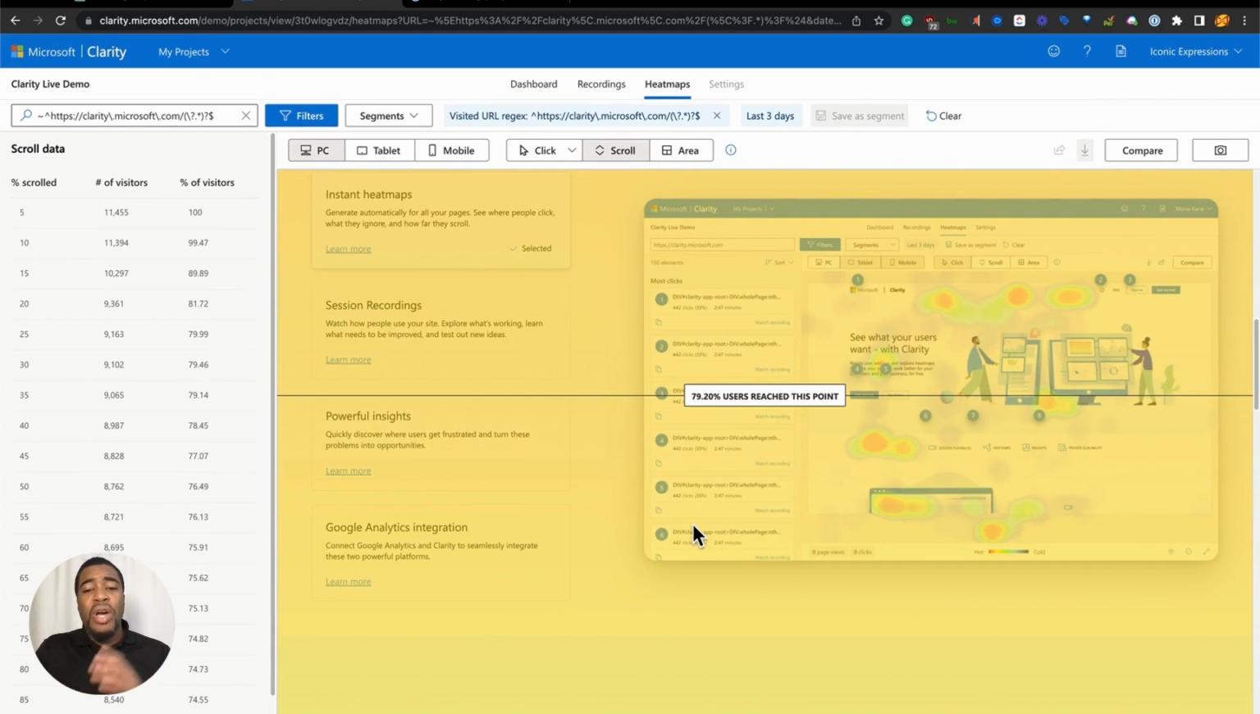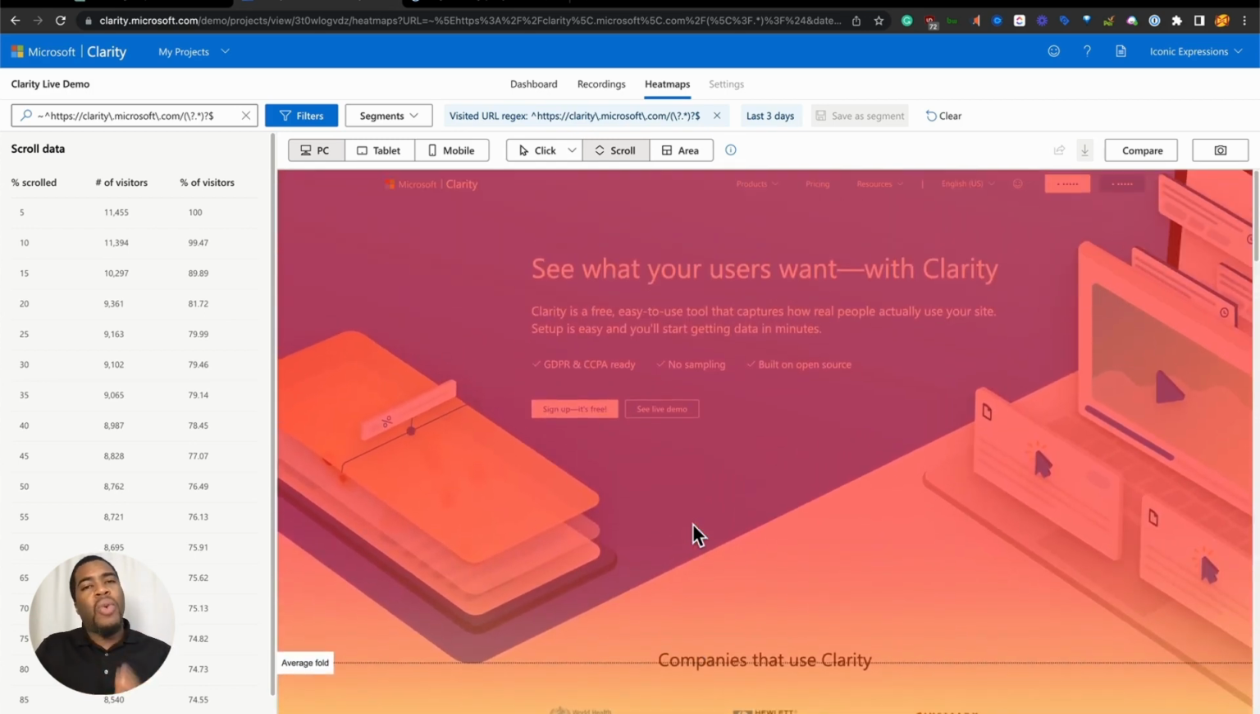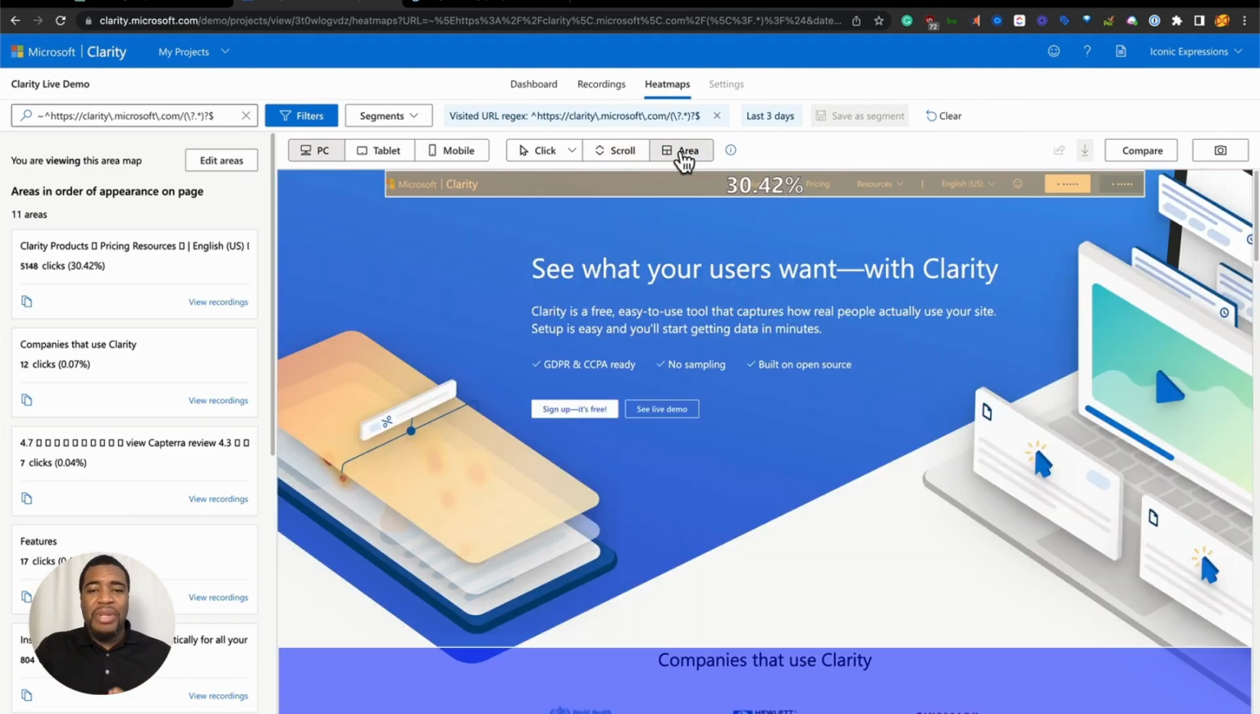That lets you know there could be some room for improvement. I can make some changes based on the fact that people aren't scrolling down. Why aren't people scrolling further? Are we not leading them down the path that makes the most logical sense for our typical user? And then you have this area here, which is a combination of the clicks and the scroll,